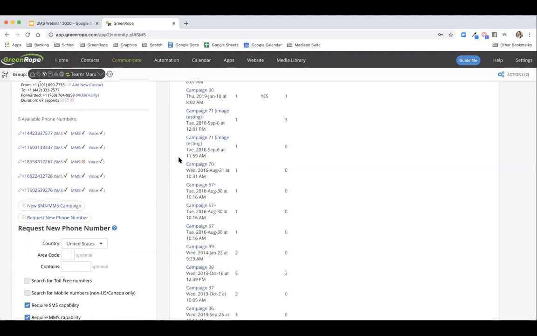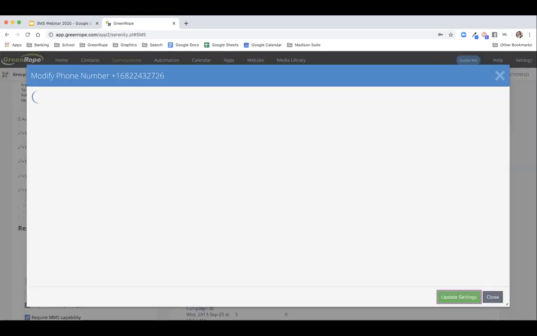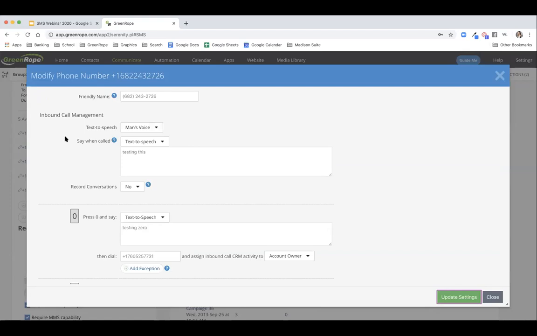The available phone numbers within your account are all going to be listed within the available phone number section. Here, you can click into any of the phone numbers to modify them further. Within the Modify Phone Number page, you'll have the options to customize. For example, the friendly name is the caller ID that you want your contacts to see. Here, you can specify another number or a friendly caller ID that you want to share